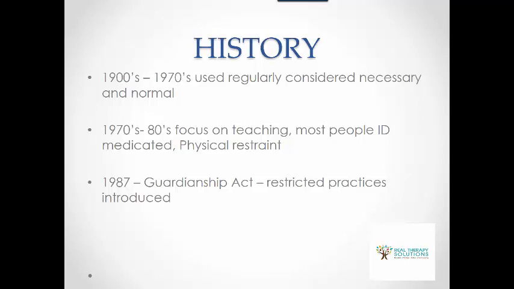The Guardianship Tribunal is a branch of the Supreme Court that implements the 1987 Guardianship Act, which has had some amendments since then, but largely their role now is to determine, first of all, whether a person with an intellectual disability, and they also support people with dementia and other disabilities that affect their cognitive capacity, is able to consent on their own behalf. Do they understand that they're agreeing to take an antipsychotic medication and what an antipsychotic medication is? So the Guardianship Tribunal, a branch of the Supreme Court, are